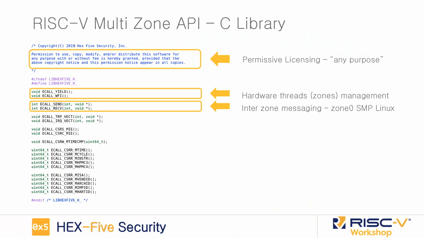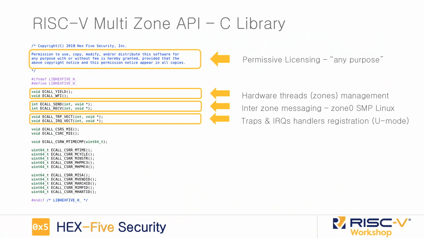You can ignore a message. You just say, I want to send a message to zone number 1, 2, 3, whatever. And you send a pointer to your local zone buffer or whatever you have as a data structure. It gets passed over the link. That's it. And this is how you register an interrupt, those user mode interrupts. So just one call. It can't be easier than this, right?